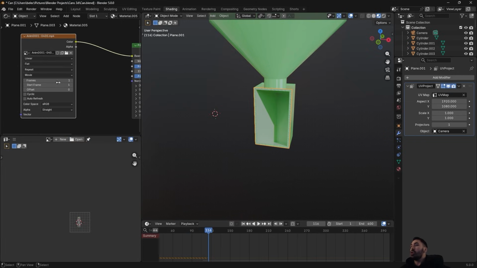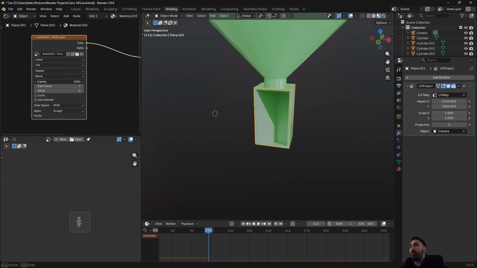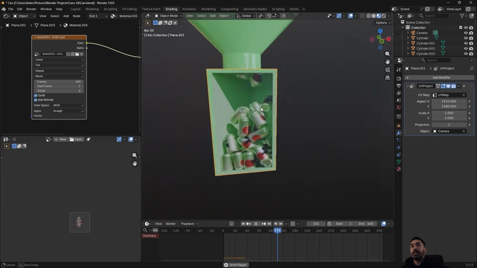It's going to change this node a little bit, but all you got to do is crank up the frames to the number of frames you have in the animation. So for us that's like 400. Check cyclic, or whatever. Check auto refresh, and now if you play this animation, you're going to be able to see this footage playing